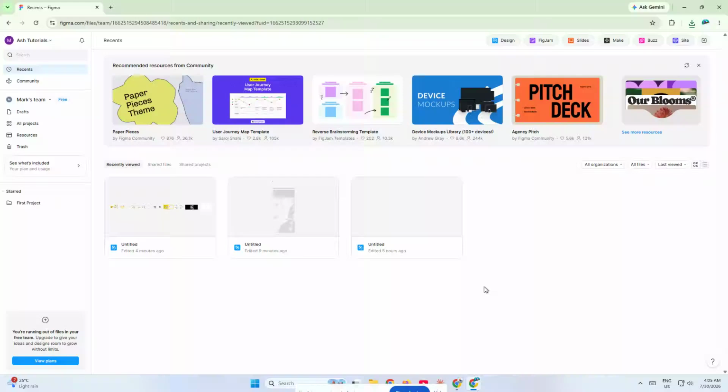In today's video, I'm going to show you how to import a .fig file into Figma step by step. This is a super useful skill if you've been given a Figma design file from a teammate, downloaded a project file, or you simply want to move an existing .fig file into your Figma workspace so you can start editing